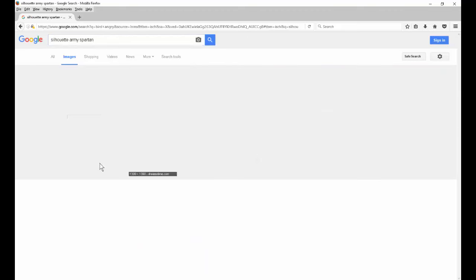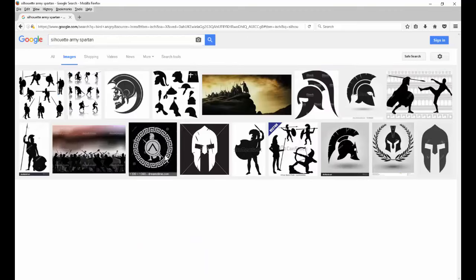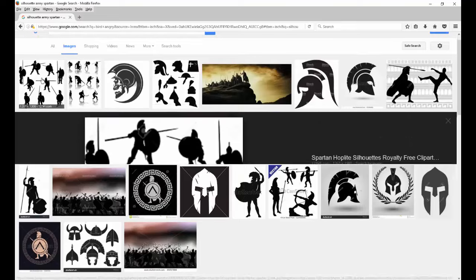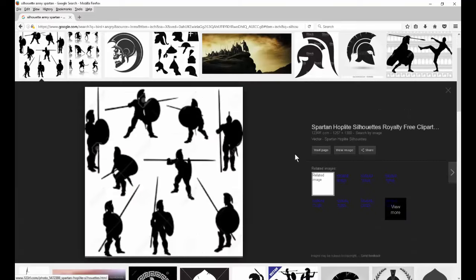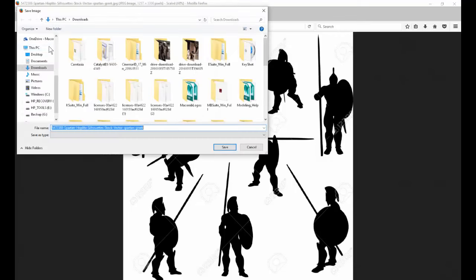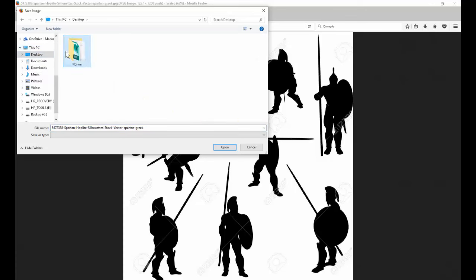So I want to create something like this. Something like that guy right there. So I'm just going to copy that, bring that into Illustrator, and use it as a reference, not a copy, but use it as a reference for what I want my image to look like. So I'm going to save this onto my desktop,